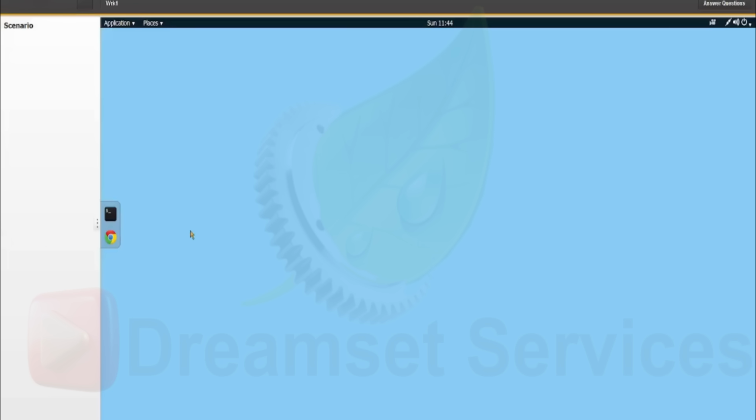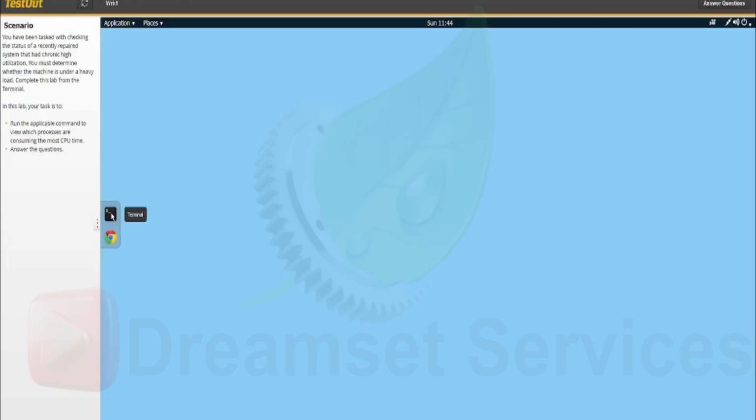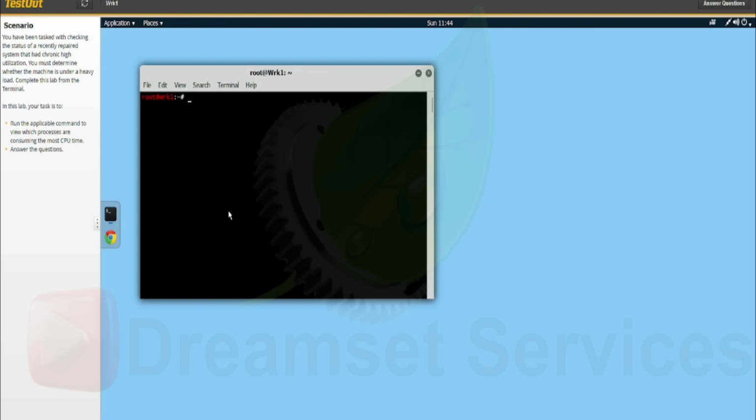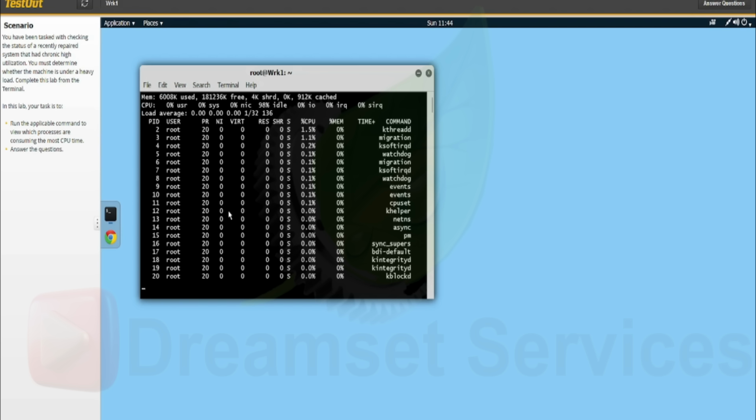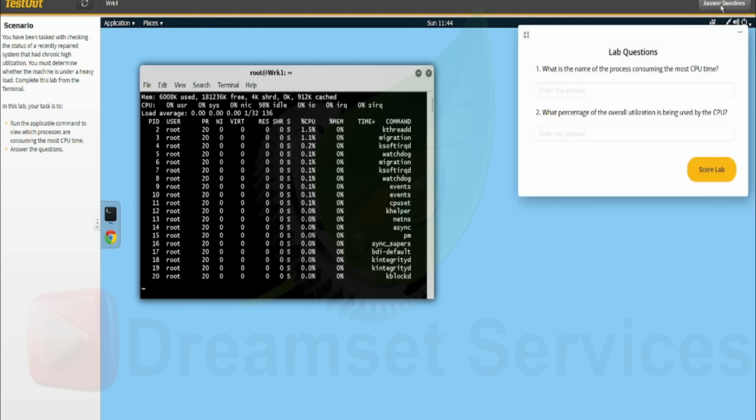All right, so this lab is loaded and we go ahead and open terminal. From our first task, we are going to type in top and then you press enter and then we'll go ahead and answer the questions. What is the name of the process consuming the most CPU time? So from our terminal, we'll see that what is consuming the most CPU time is going to be